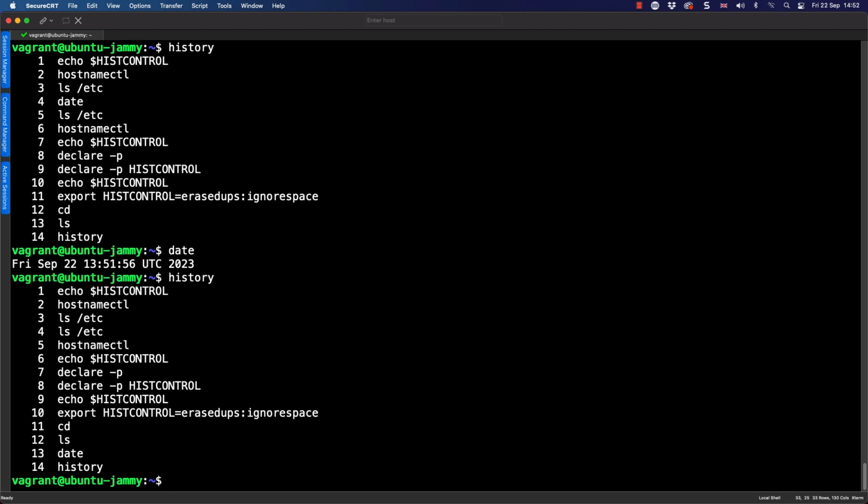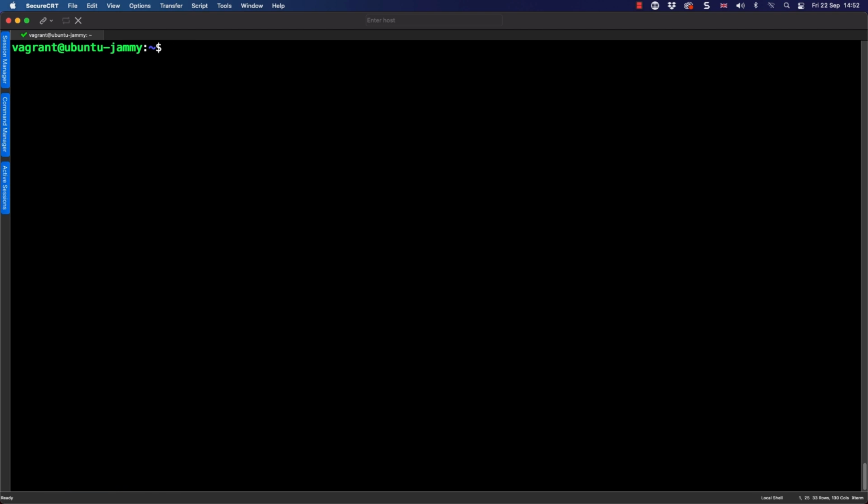Having set it for this shell, if I log out and log in again, I'm going to lose that value. So what I'm going to do is just grab my command so I can go through and just copy this. I want to make sure that it persists, so I'm going to open up my .bashrc file. I'm working in my home directory. Hidden files begin with a dot, and I'm opening up the .bashrc file. This runs every time bash runs.